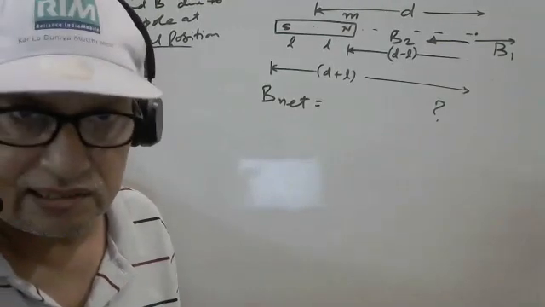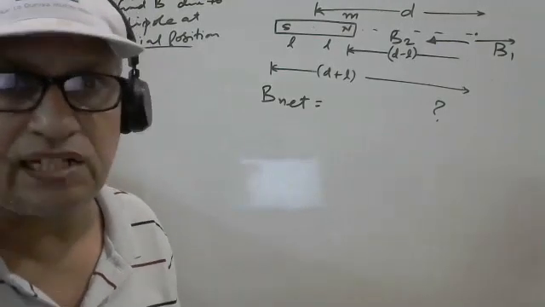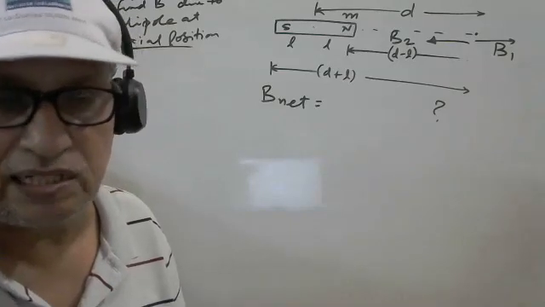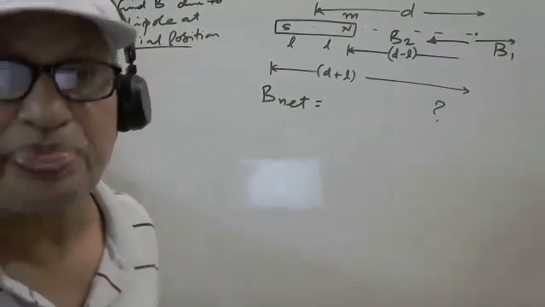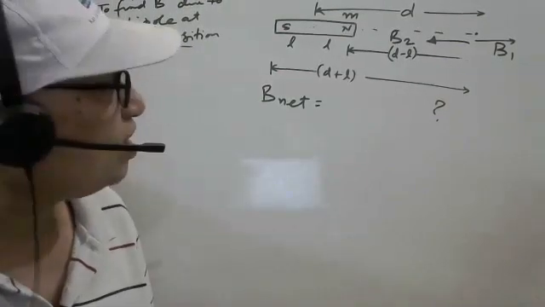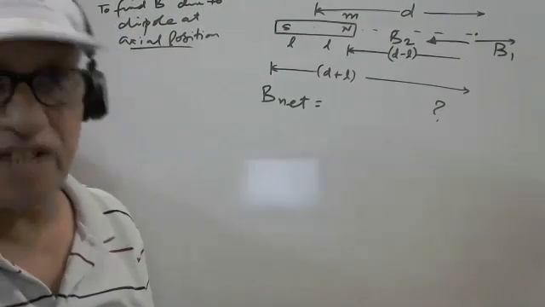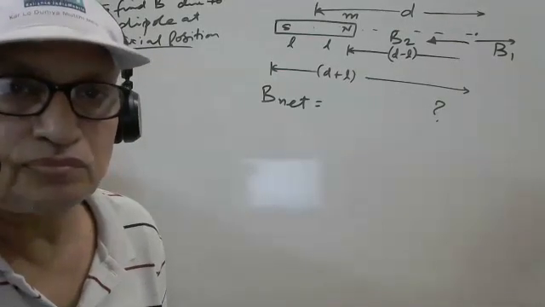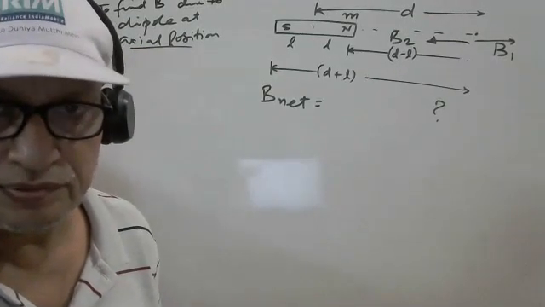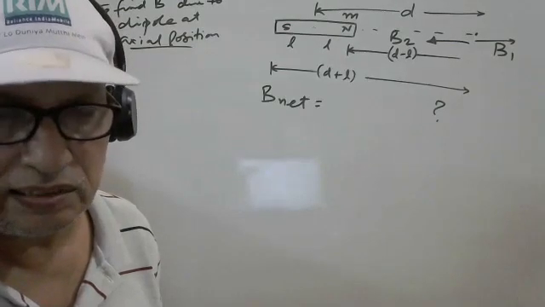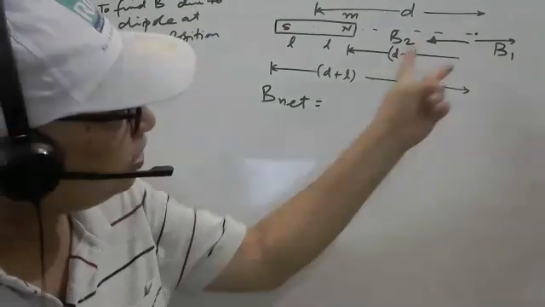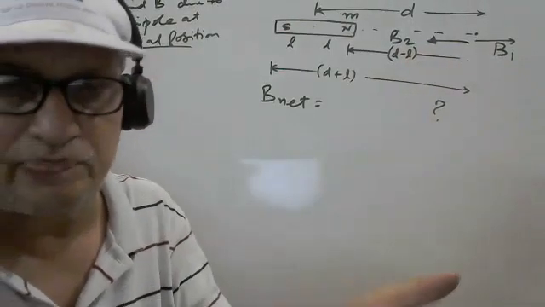What is the correct answer? We have seen the same situation in electrostatics, so I think you can give the answer. That's why I am saying I do not know. Please, anybody. What is the direction of your net magnetic field? Please come out. Any answer? Any suggestion? They are two different directions, so it cannot be V1 plus V2.